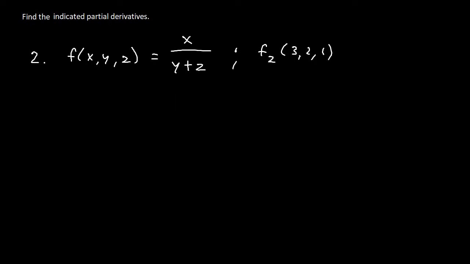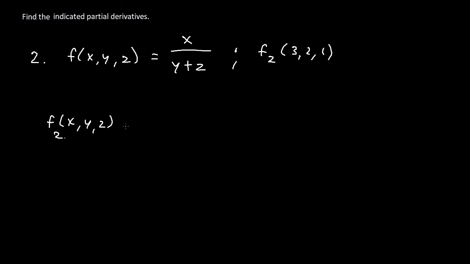So now for number 2, we have f of x, y, z equals x over (y plus z), and we're trying to find the indicated partial derivative of f with respect to z at the x value of 3, the y value of 2, and the z value of 1. So the partial derivative of f